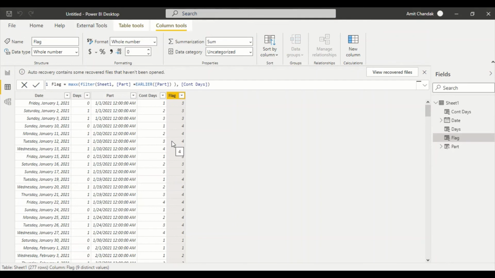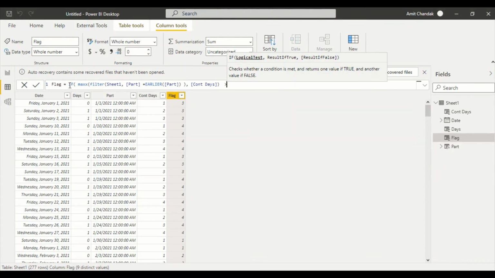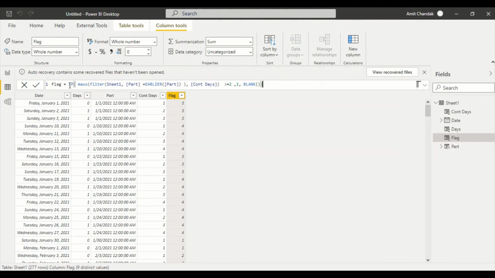So now we sort out our condition. Now we can very simply simplify this. How many days of streak do you need? Minimum is 2 days. So if this is greater than or equal to 2, then you can keep it 1, else you can keep it blank. Or you can keep it days, because that is going to help you. Let's keep it days. The reason I keep it days is because in the measure I can simply count how many continuous streak days I have. So let's keep it count days.